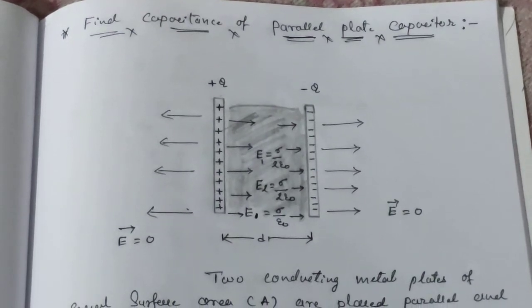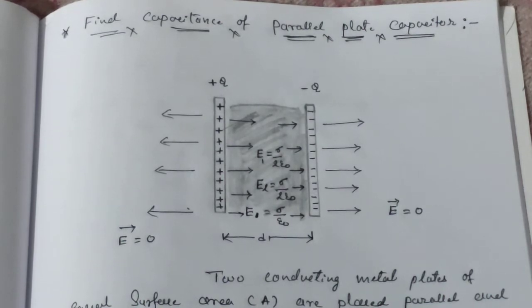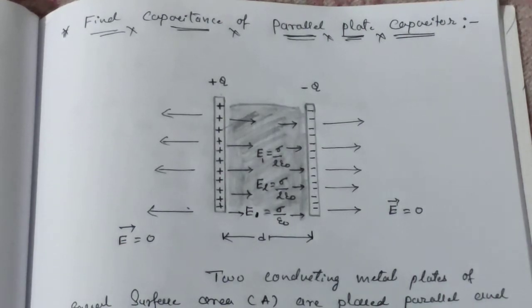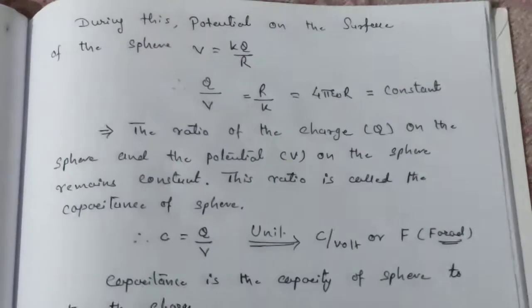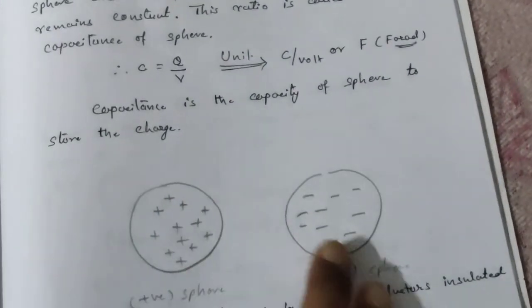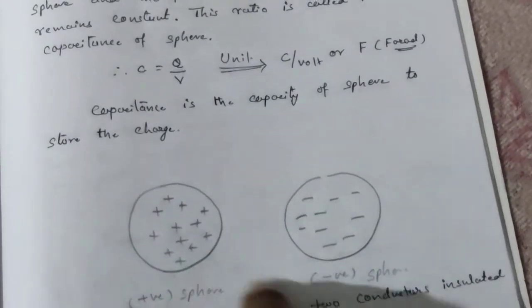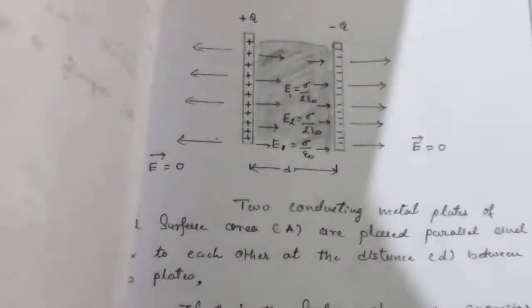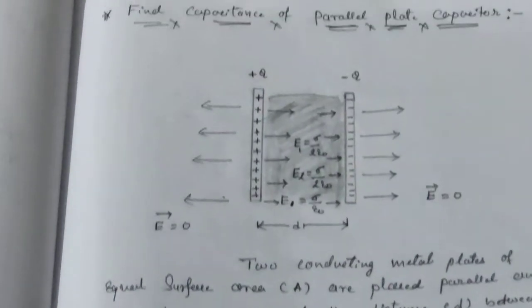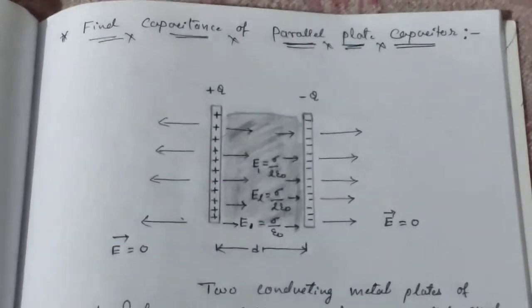So remember this part carefully and pay 100% attention to this theory as well as the capacitor portion. Now, moving ahead, another theory of the capacitor is to find the capacitance of a parallel plate capacitor. Remember, last time I told you that we have two conductors, and commonly these conductors are known as plates, and they are mounted on ceramics or something else to protect them from the environment.